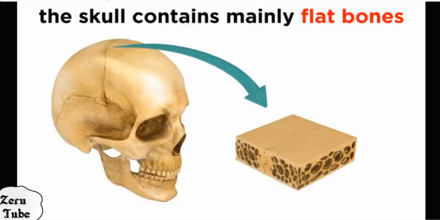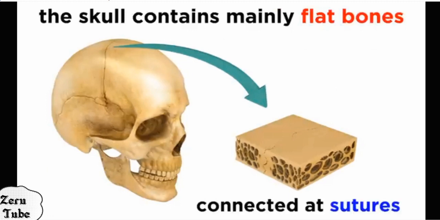So the skull contains mainly flat bone, but the facial bone of the skull is irregular bone. Each skull bone is connected at a suture joint. This joint is a very strong, immobile joint, and it is very important to connect the bones of the skull. የስከልን ቦኖች ኮኔክት ያደረገልን ወይም ጆይንት ያደረገልን ጆይንት ሲቸር እንለዋለን። ይህ ሲቸር በብዛት የሚገኘው ክራኒያል ቦን ላይ እና ፌሻል ቦኖች ላይ ነው ማለት ነው።